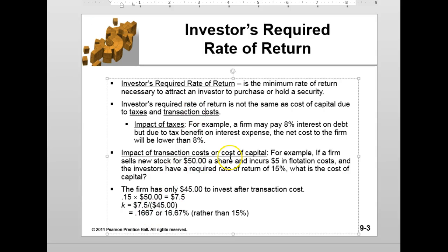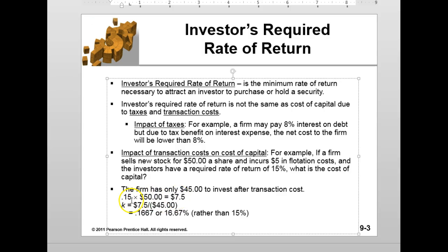So for the impact of cost on capital, here's a good example. We sell a new stock for $50, but there's a $5 flotation cost or transaction fee, and we only receive $45. Now, the investors require a rate of return of 15%. So how much do we have to earn to get that 15%? Well, we only receive $45 to work with here. To figure out our true cost of capital, because we have to return that 15% or the investor will go someplace else,